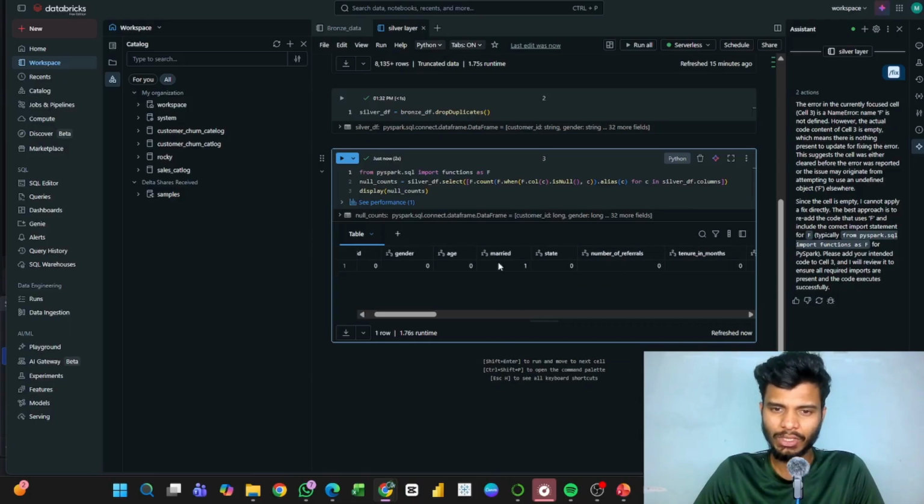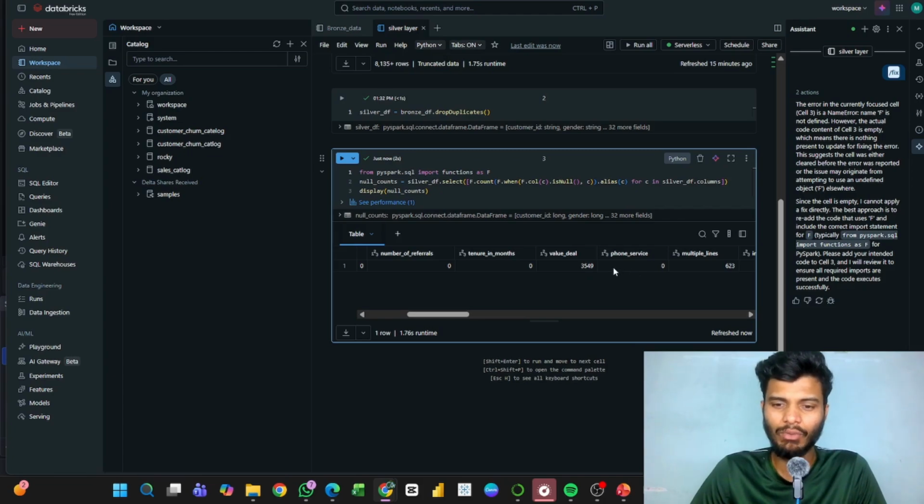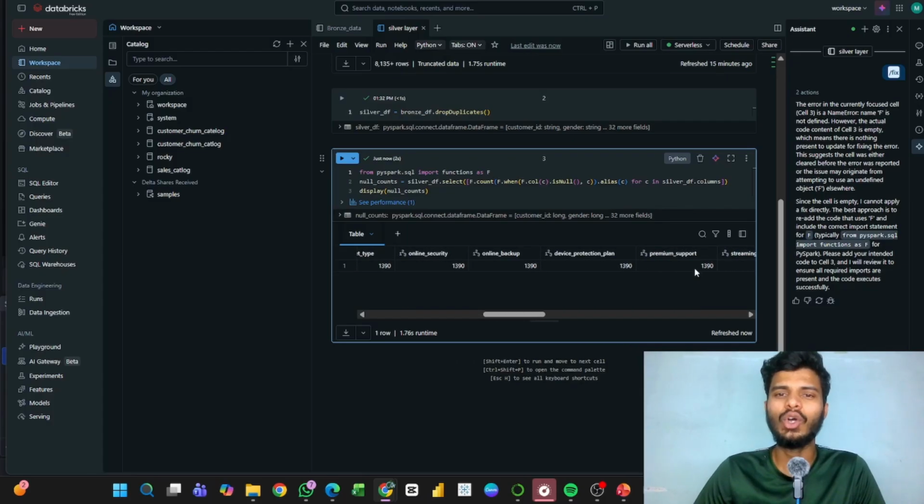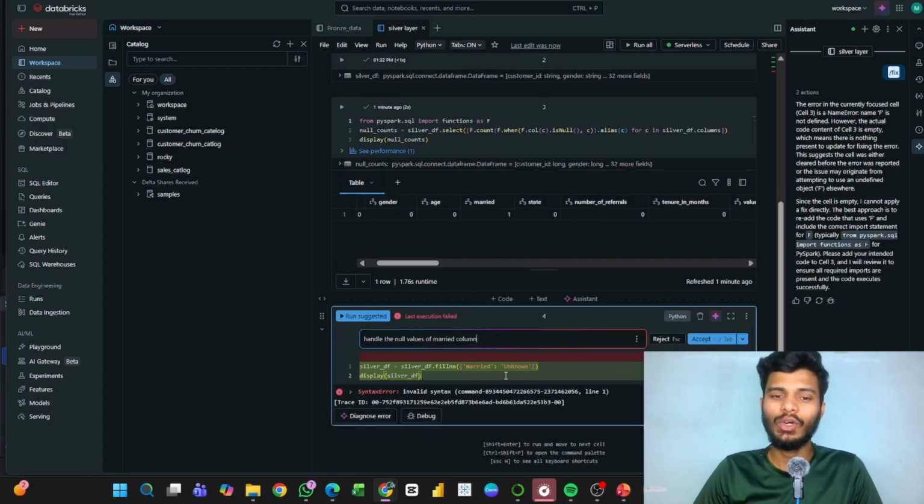If you can see, in the married column we have only one null value, and in the value deal column we have 3549, in multiple lines we have 623, and internet type. So we can easily identify which column has how many null values, and now we are going to handle all the null values. So what I did, I simply took the AI assistant itself